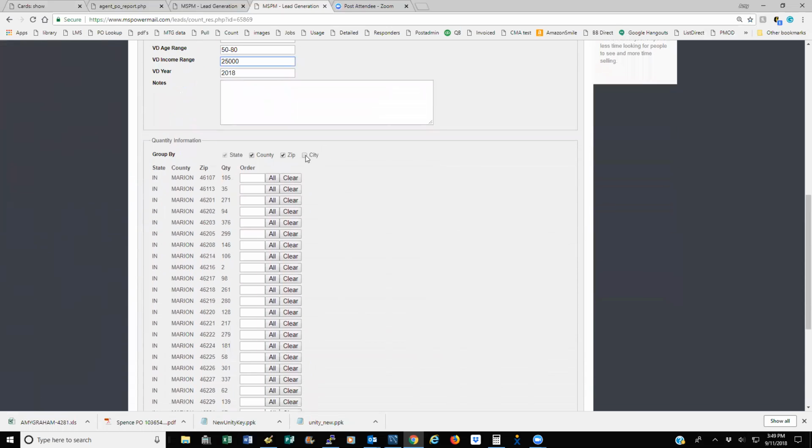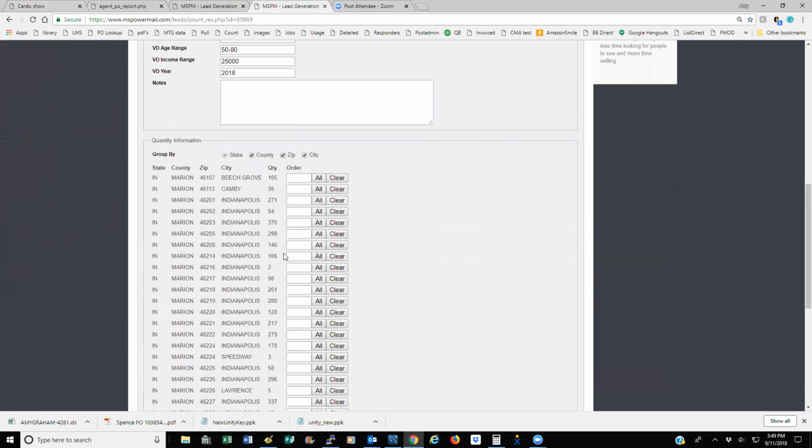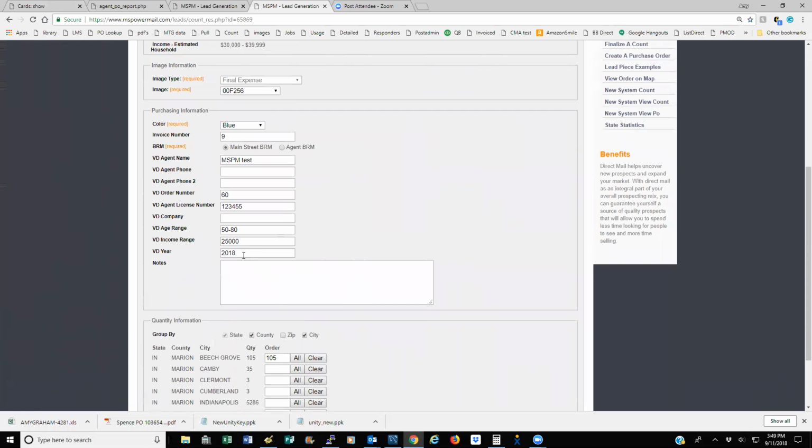All right, so we only want records from Beech Grove. So we can go in and see all of the zip codes and cities. We can see just the zip codes, or we can see just the city. So we're going to take these 105 records out of Beech Grove. So what we've given the order now is a location, how many records out of that location, the variable data